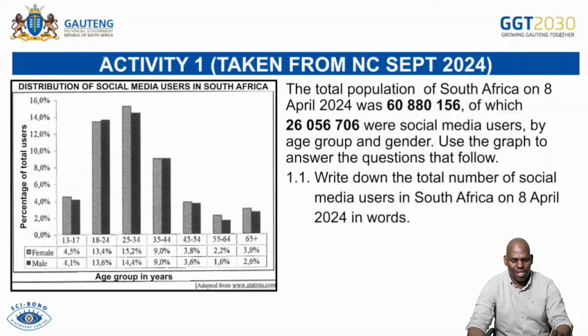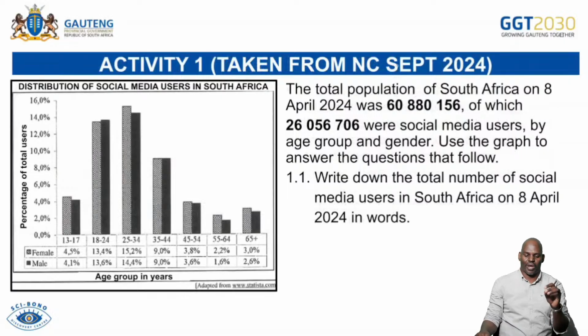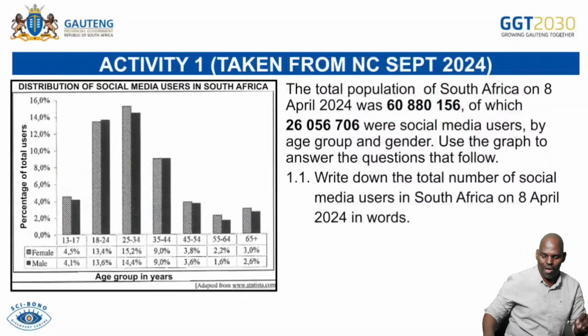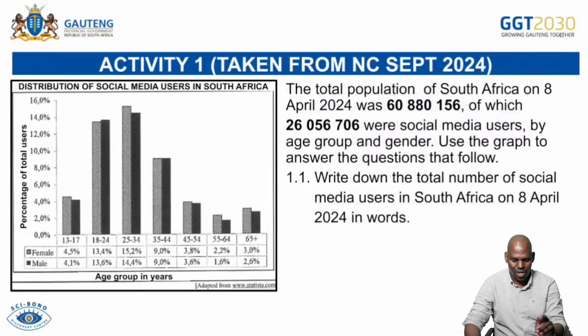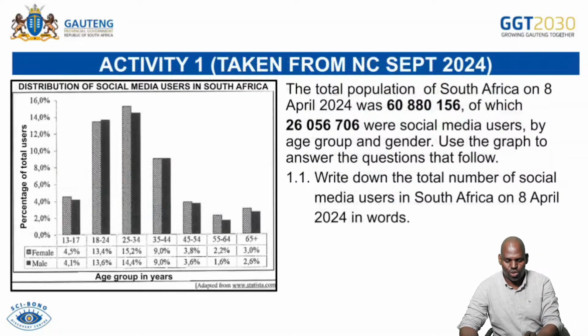Now you can see that this is Activity number 1 and it is taken from Northern Cape, September 2024. Okay, this was a prelim examination. Now you just have to imagine yourself, if you were writing this Northern Cape question paper, would you be able to answer this question? Okay, then it's the total population of South Africa on the 8th of April 2024 was,